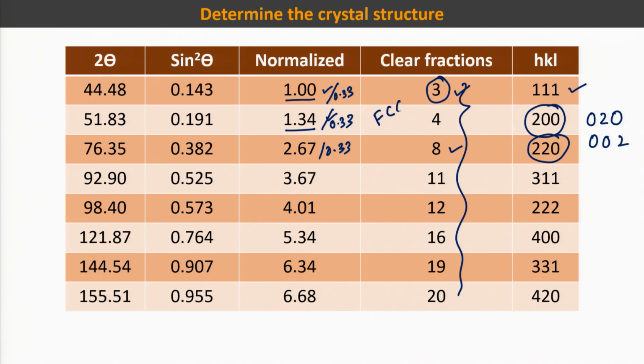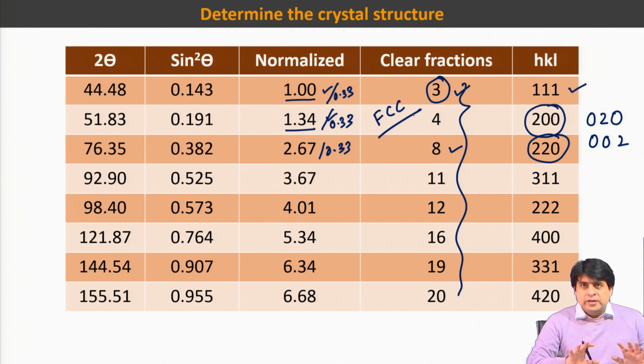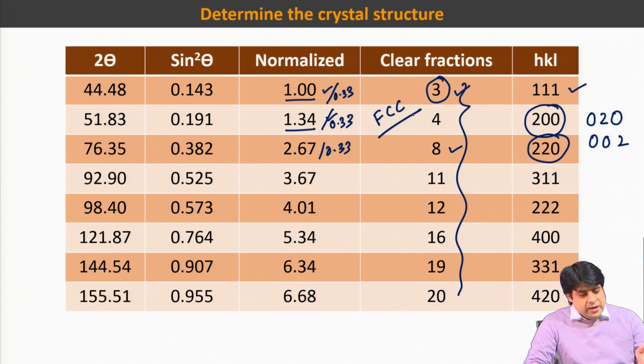So, this material has an FCC crystal structure, and you can also calculate a few other things. I will not go into that, but this is just a very simple explanation of how Bragg and others tried to calculate the HKL value when you have a 2 theta value. So, in case of your unknown substance, when you get a reflection at a 2 theta value,